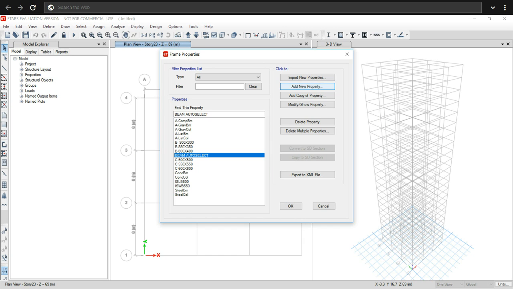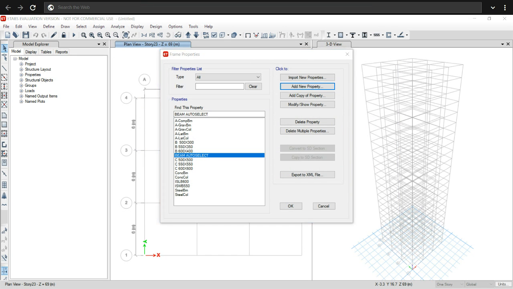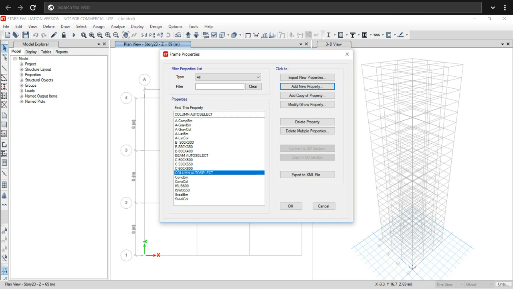And in the same way we will do it for column also. Select Auto Select List, change the name to column auto select, select material which is concrete, then copy all the columns and Add, and OK. OK.